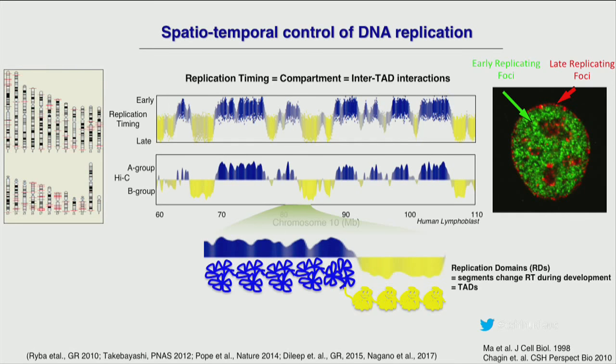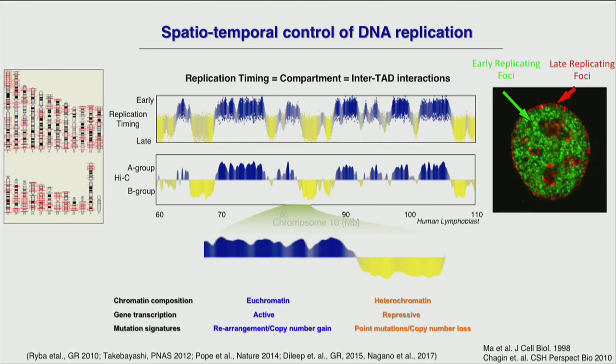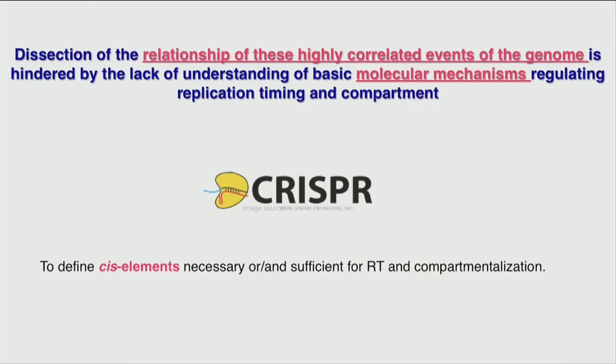And I want to emphasize that these TADs are regulated independently of compartments. You can remove CTCF and cohesin and lose all these TAD structures while compartments remain. Both replication timing and compartments are highly correlated with other functional features of the genome, such as chromatin composition, gene transcription, and mutation signatures. And the relationships among these highly correlated events of the genome are central questions in the field. However, we know very little about the mechanisms that drive